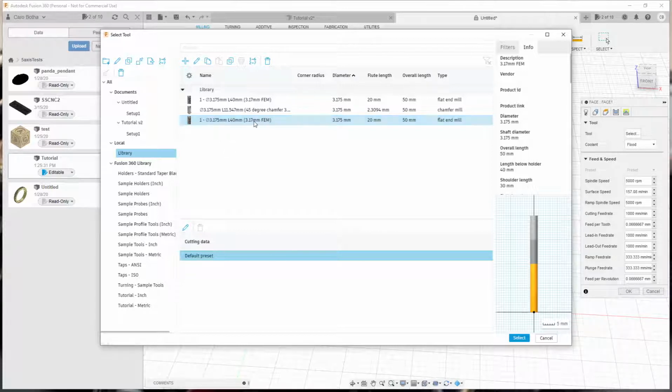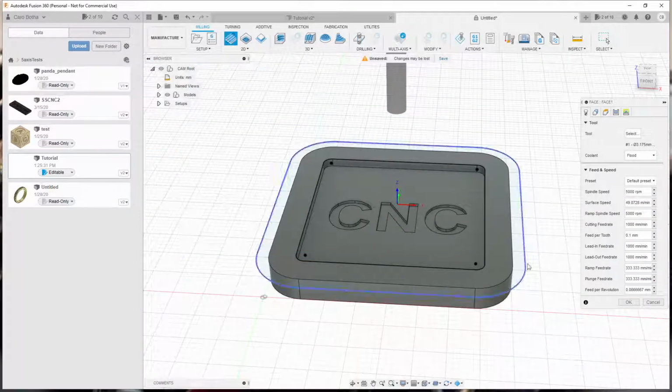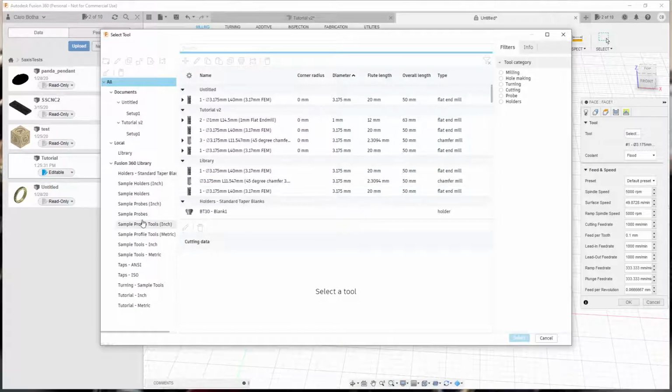So what have I got here? 3.17 flat end mill, 45 degree chamfer, and you. All right, so let's start with you. Let's select it. So we've got our tool selected. Okay, cutting feed rates are pretty much okay. Very good. Because I made this tool myself, I don't have a lot of the materials available, so let me just show you that again. If I select it from a ready-made,